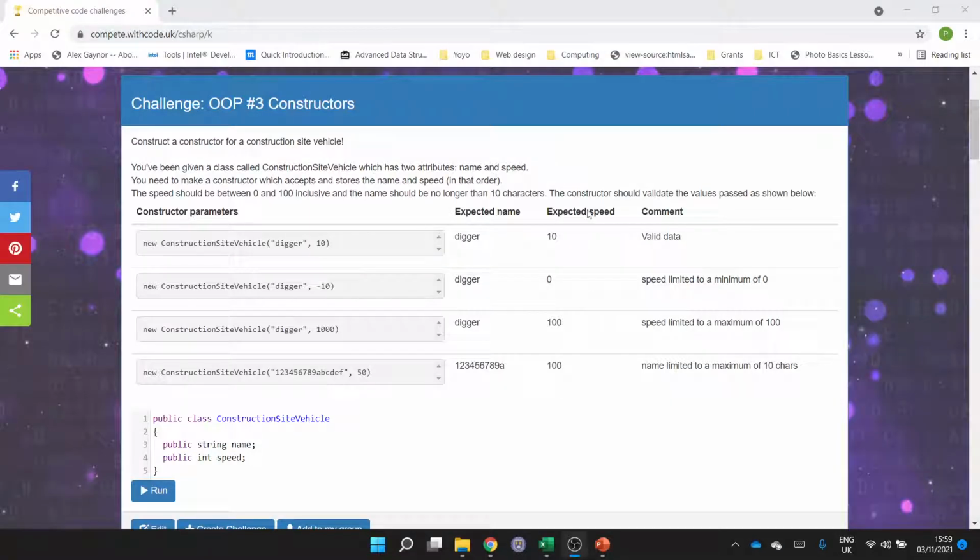Hello, this is a support video for the C# object-oriented programming. The third of the object-oriented programming challenges, all about constructors. So the idea is we need a class called construction site vehicle, and the class should have two attributes which